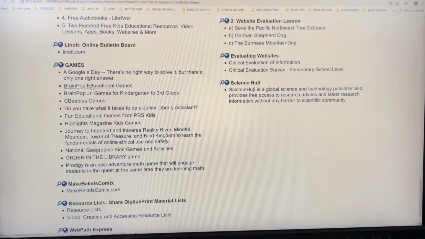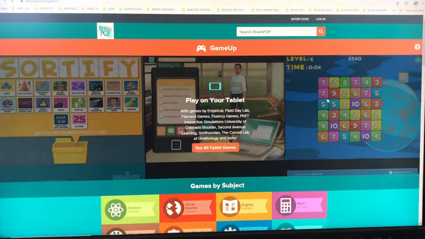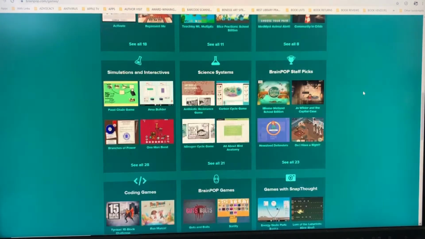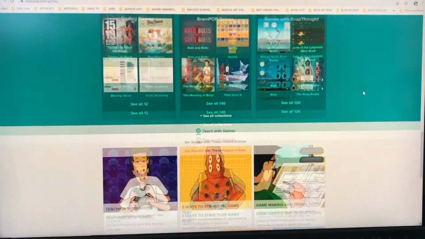And the next one is BrainPop. I think we all know BrainPop because the school subscribes to it. These are the educational games that are in BrainPop. So I'm going to click on this one. This is the main BrainPop games section.